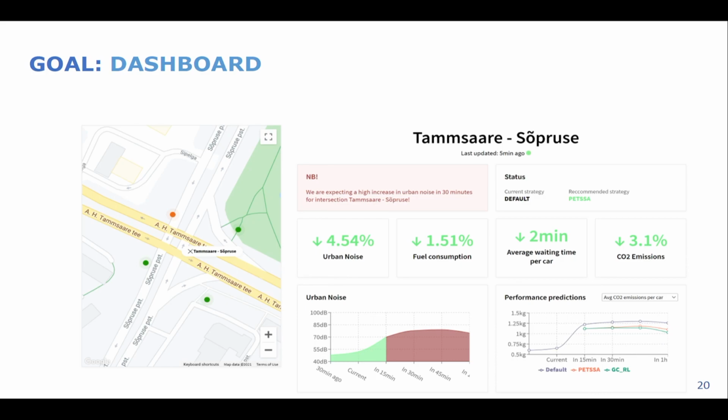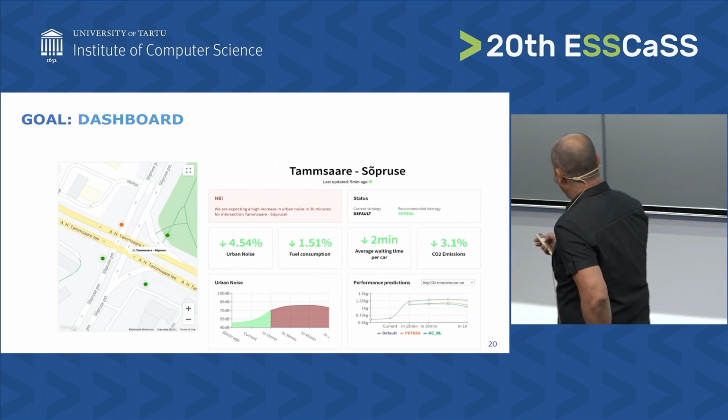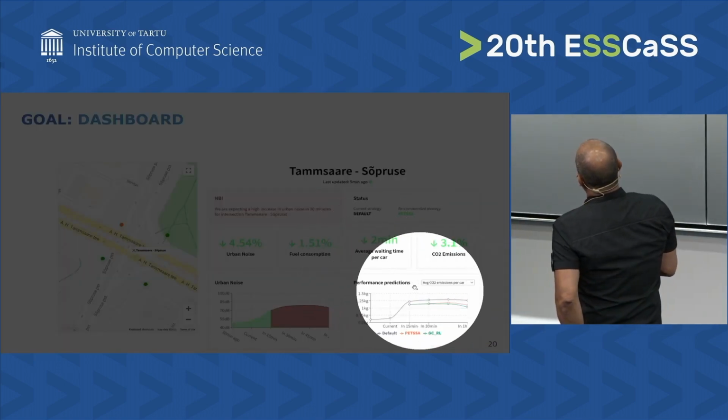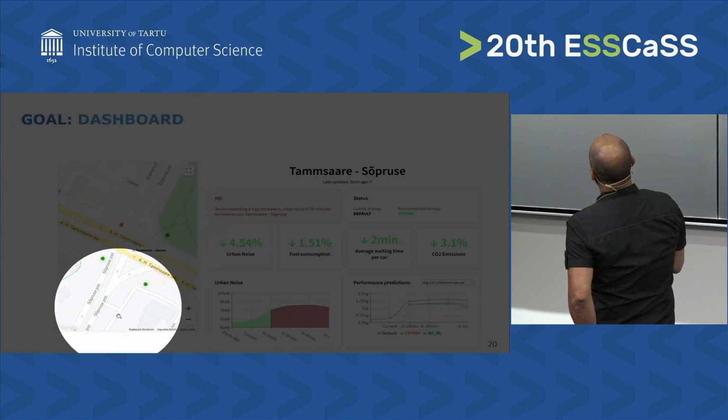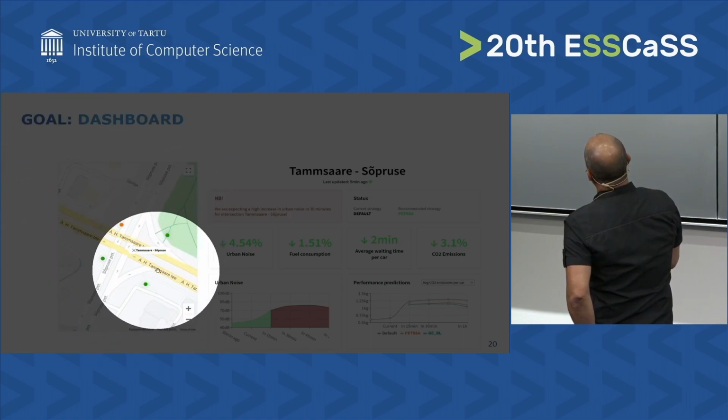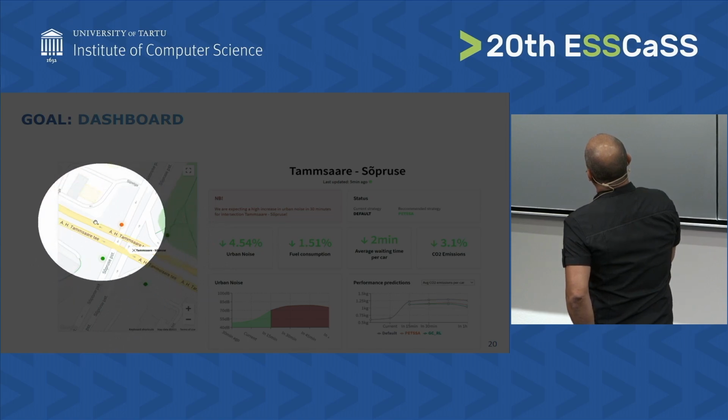It means that we are not just telling you that we are decreasing, but we are also giving you claims of how much you are decreasing. So this dashboard would provide the information for you as decision maker, and also for the citizen who sees, oh, the mayor and the city are doing very hard work for that. Okay. So this is the dashboard that we are dreaming of providing for any intersection. For example, I say here it's green, but here is the stroke that you need to manage. Okay.